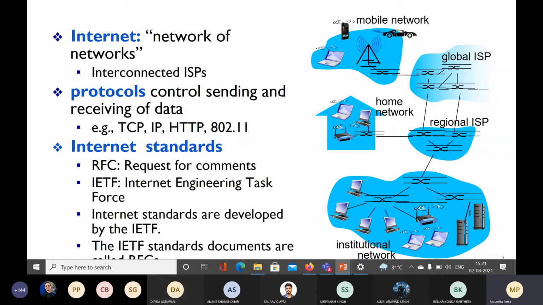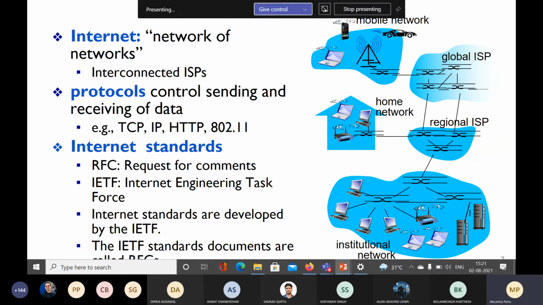So we have already got to know what the internet is. The internet is nothing but a network of different networks. As I already told, the internet is nothing but a connection of different sets of devices, millions of devices. But if you see this diagram which is there,